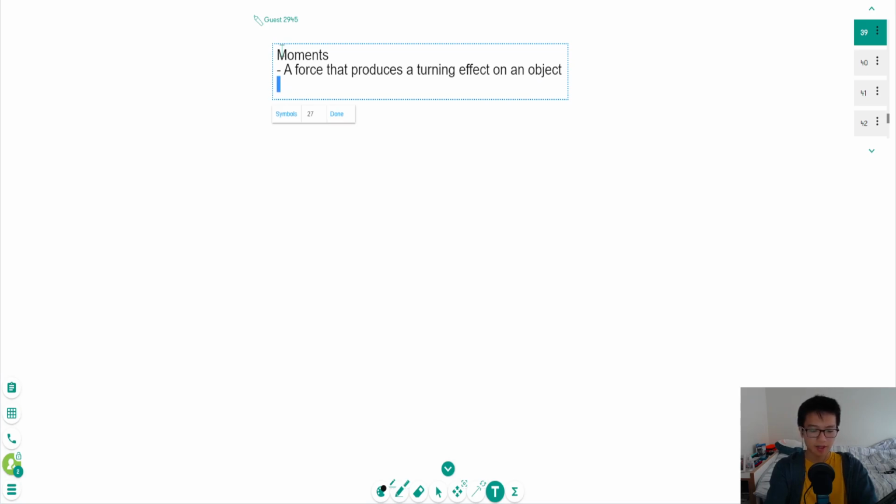By turning effect, I mean anti-clockwise or clockwise. So, moving, let's say, this highlighter from, let me check the count, anti-clockwise like this, or clockwise. I think I got that the right way round. Anyway,